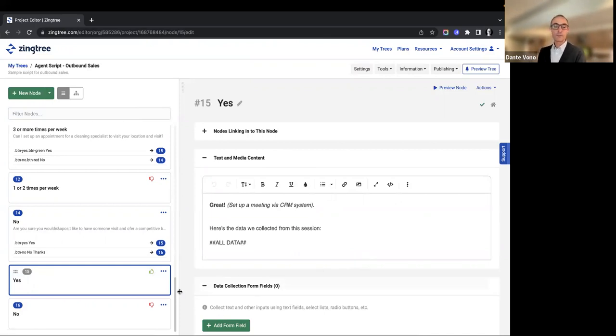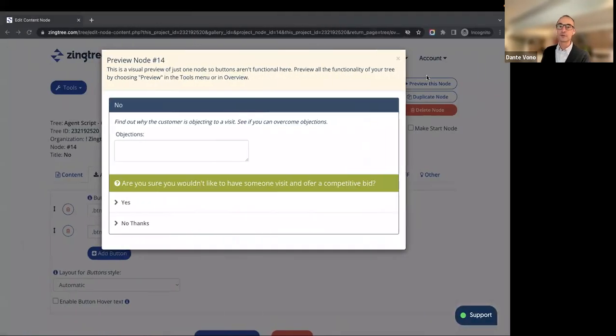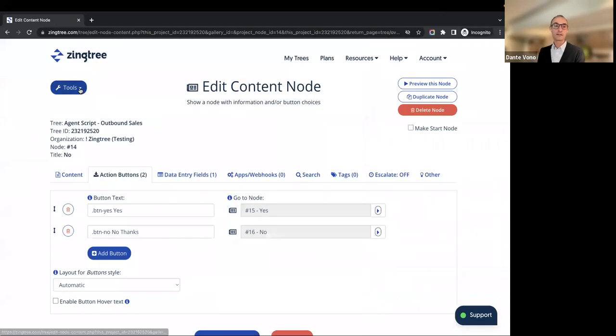So this highlighted note here gets me to my next change, which is I want to check the logic here. I think that maybe there's 2 nodes going into 15, and I just want to check and see what those are, and maybe I want to add a third option. And we'll do that in a moment, but let's first try to do that in the classic Zingtree authoring.